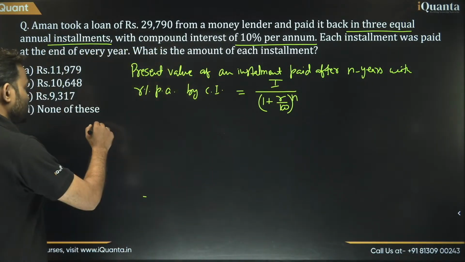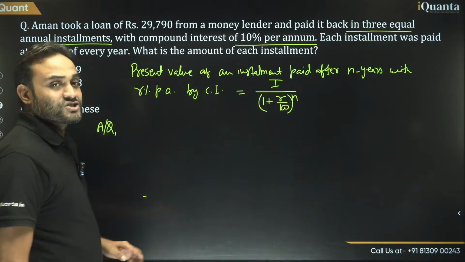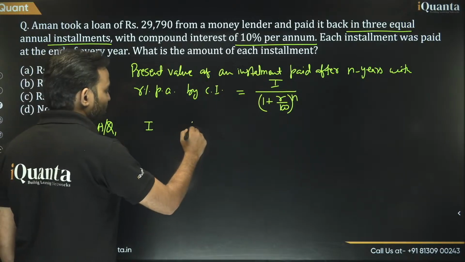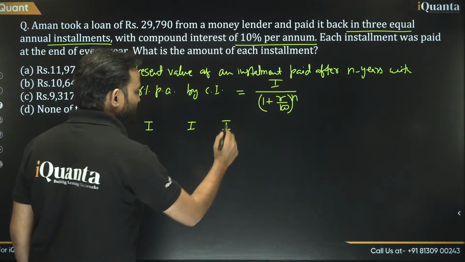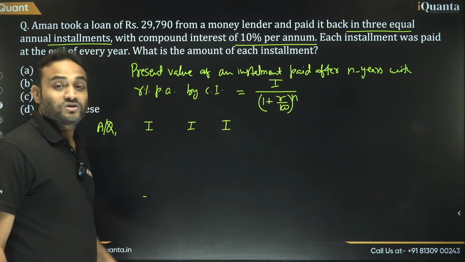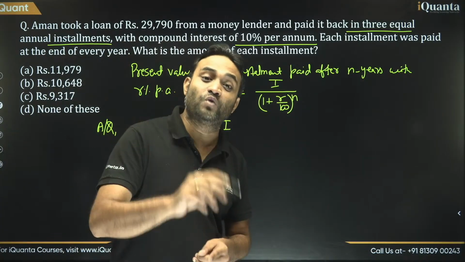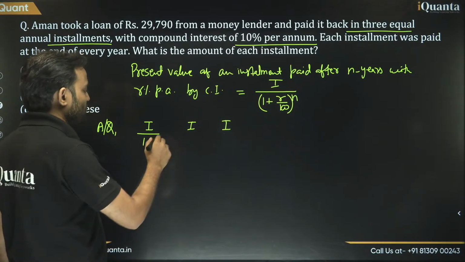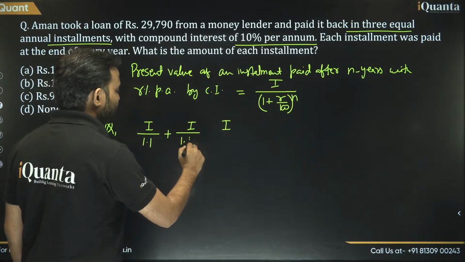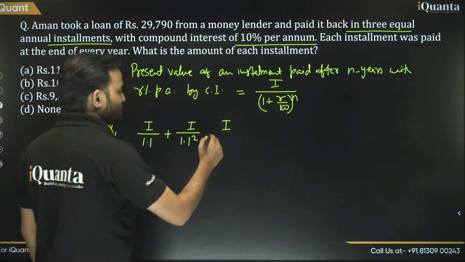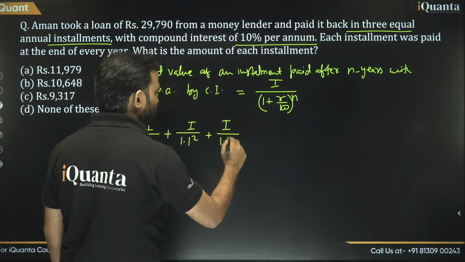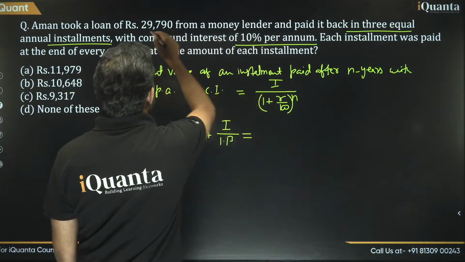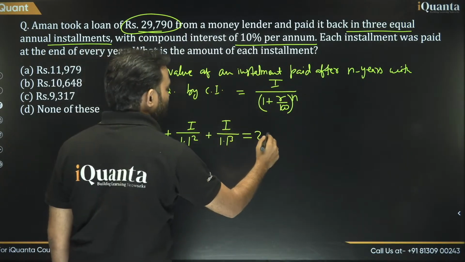So according to question, there are 3 installments, right? Installment 1, installment 2, installment 3. All the installments are equal. Now the installment which is being paid after 1 year, the present value of this installment will be I upon 1.1. The present value of second installment will be I upon 1.1 square, and the third installment will be I upon 1.1 cube. That is equal to the present value of the loan. The present value of the loan is